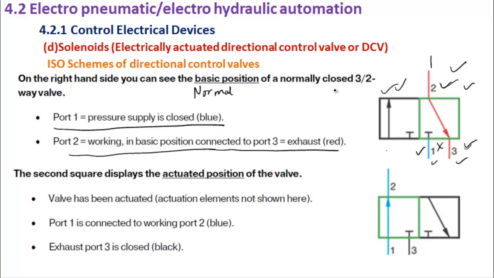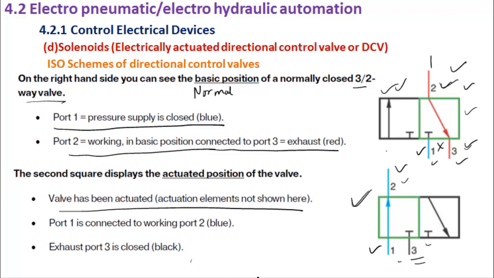Okay, so what is that called? That is called a 3 by 2 way valve or a 3 by 2 DCV, and this is when this particular square is normal. Whereas here you can see that the numbering is in this square, so this is the normal here. And here the valve is actuated, and port 1, which is the pressure port, is now connected to the output, whereas the exhaust port is now closed.